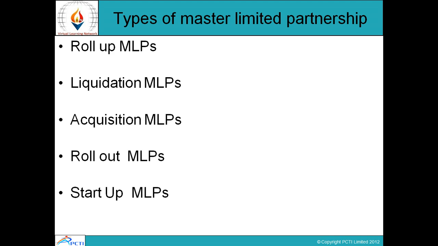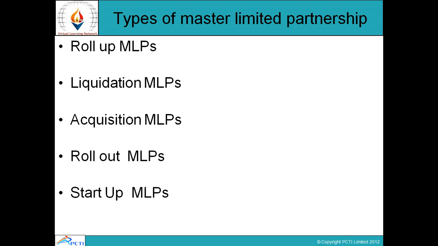Types of master limited partnership. The first one is roll-up MLPs. Roll-up MLPs are formed by a combination of two or more partnerships into one publicly traded partnership. Liquidation MLPs are formed by offering MLP interest to the public with the proceeds used to purchase assets. Another is acquisition MLPs. They are formed by offering MLP interest to the public with the proceeds used to